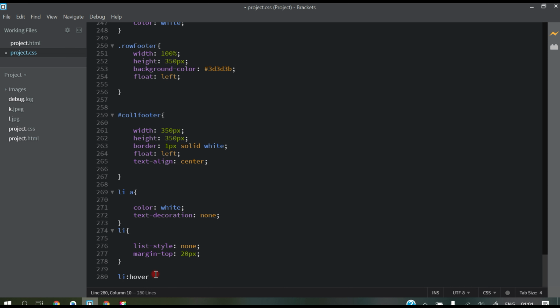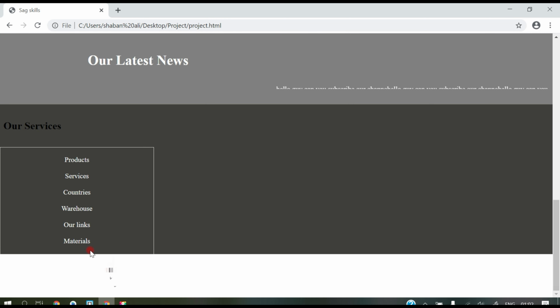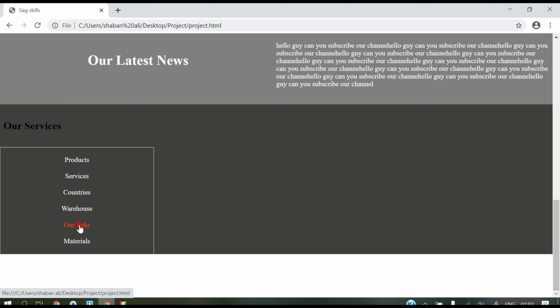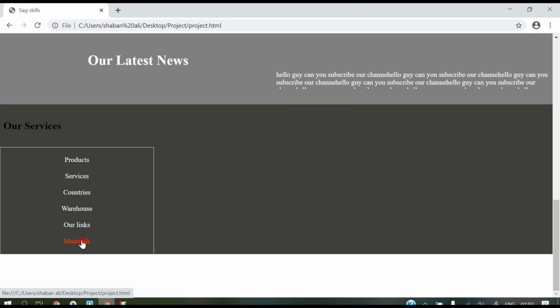When I hover on any li, it should change its color. A means anchor, open bracket, color should be orange, and Control S, go to browser. See guys, now as I'm hovering my mouse on it, it's changing its color.